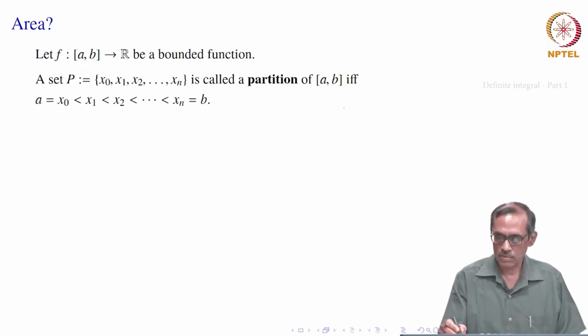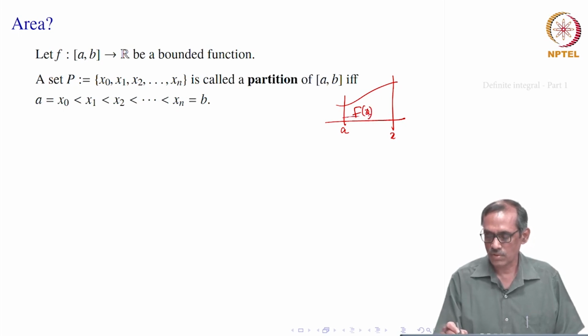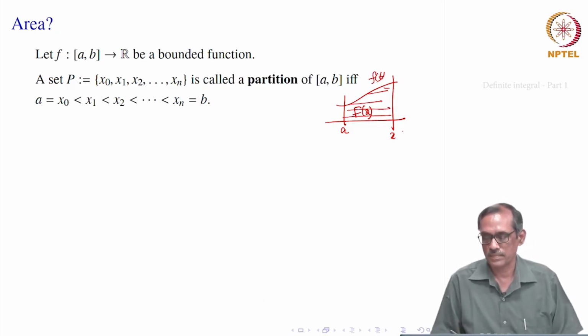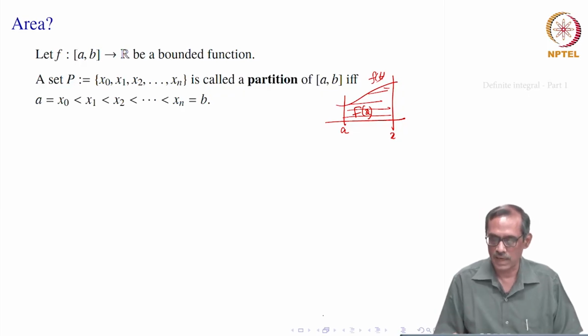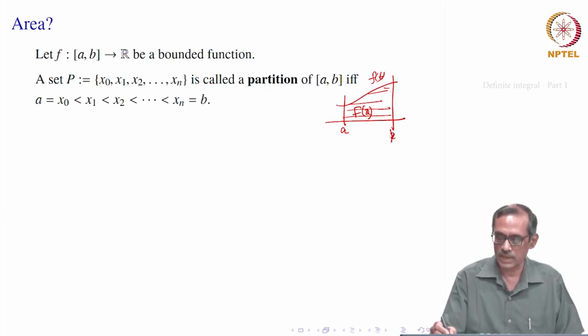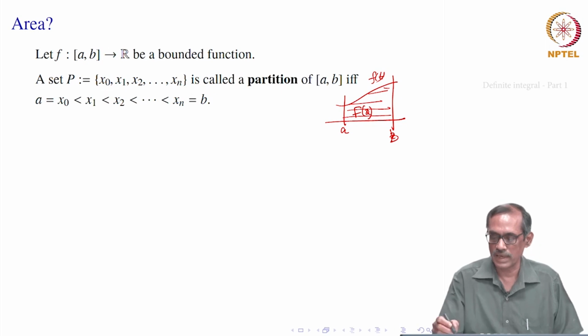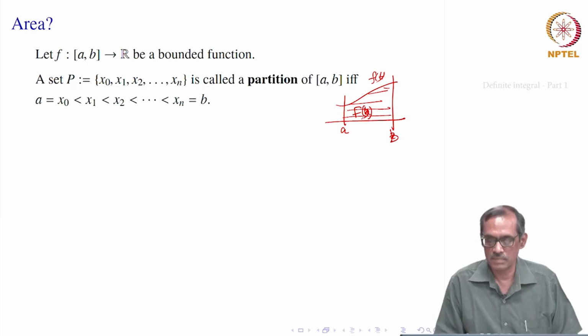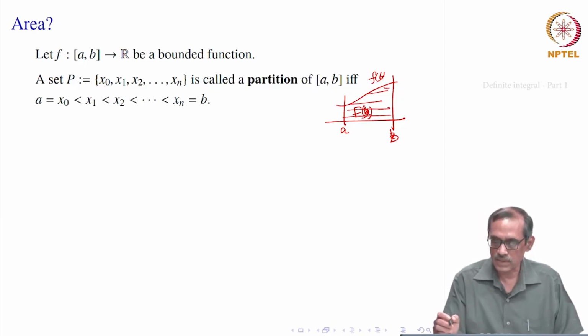Now, what we do is something like this. It is at a and this is at x, that is our f of x. The problem is how to approximate this area under the curve y equal to f of t and these two lines. Say instead of x we can take b also, it does not matter, that fixes the idea. So, you get f of b. How do we approximate this area if we cannot find it exactly? So, what do we guess?